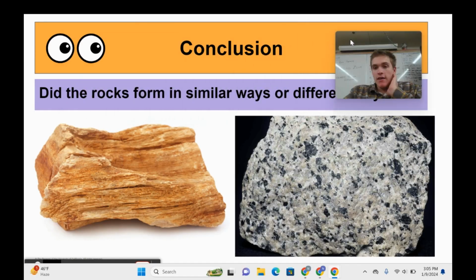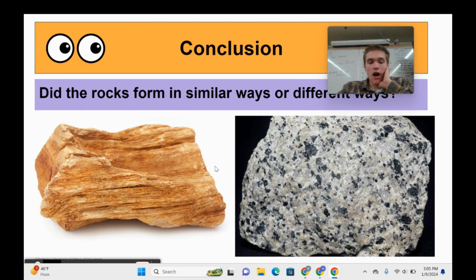So, when we go back to these two rocks, they look very different, but they have very similar mineral compositions. From what we just learned in the model before, why do you think the mineral compositions of the sedimentary rocks are similar to the igneous rock?